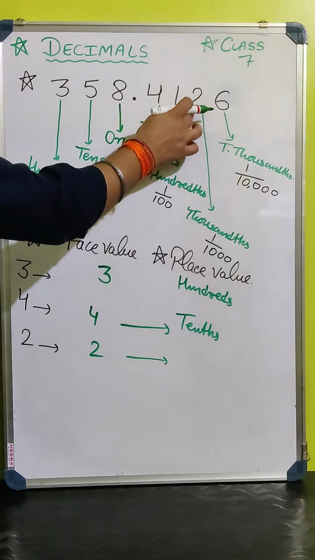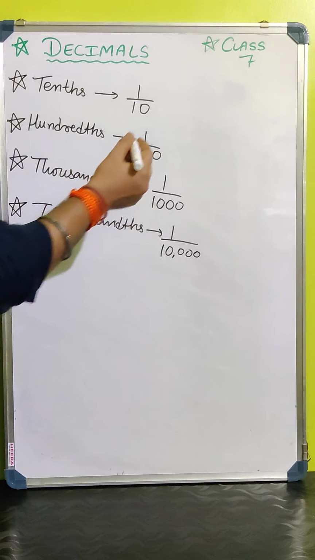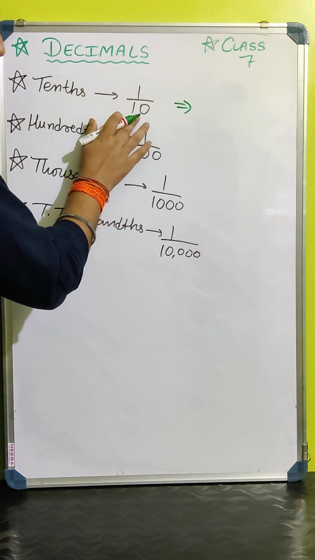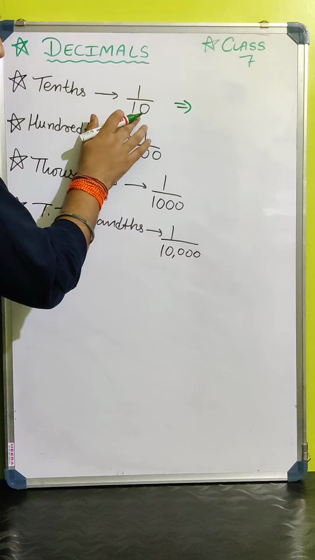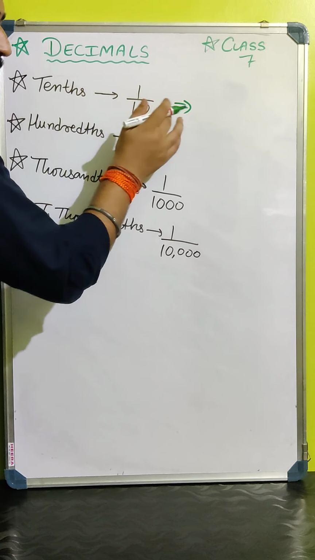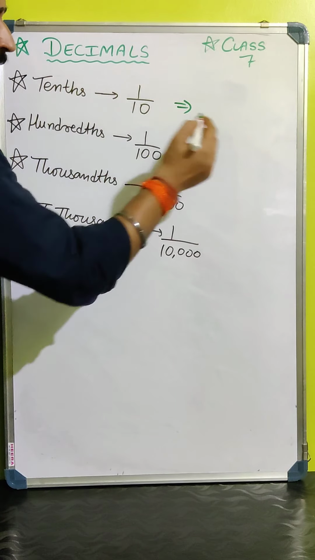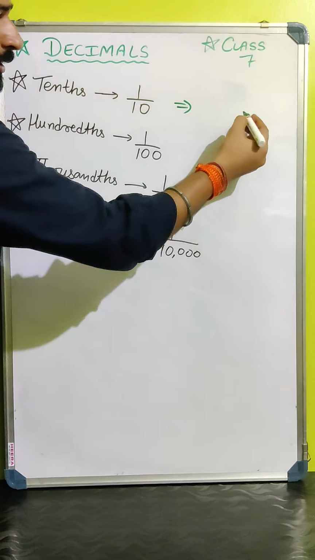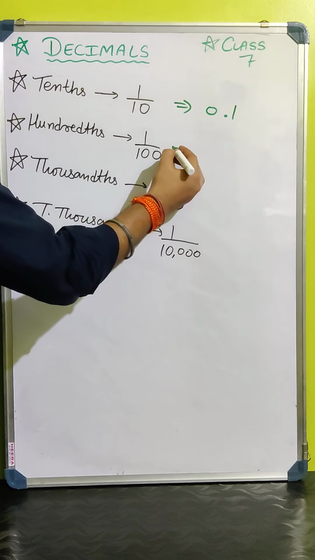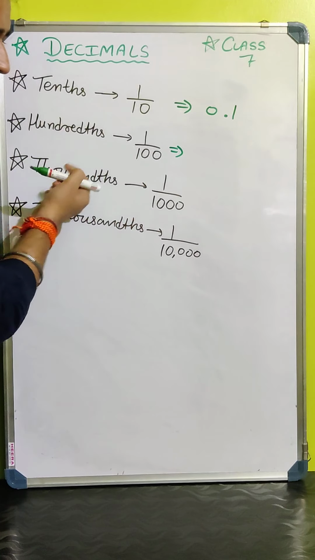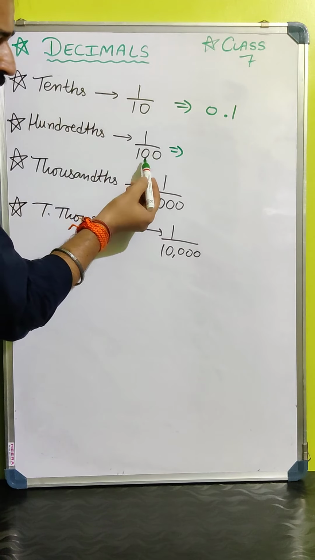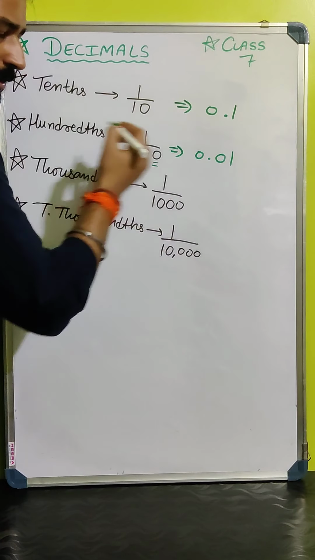Now what we have to do in the decimal: 1 by 10, how many zeros are there? 1 only. So 1 by 10 is written there, so you will take the decimal after 1 place. That means 1 decimal 0, you will write 0 only. And next is 1 by 100, how many zeros are there? 2 zeros, so the decimal will come after 2 places. So take 1, now no number is there, so you will take 0, 0, decimal, this one.